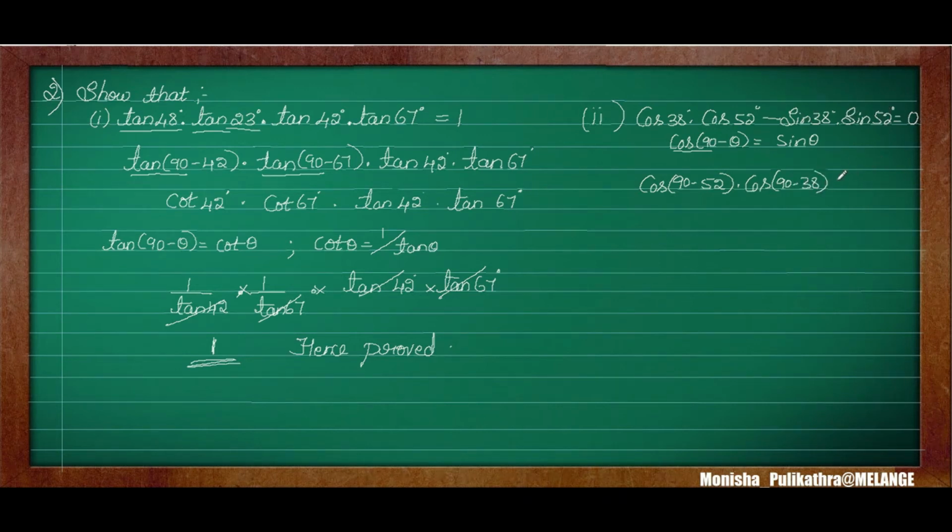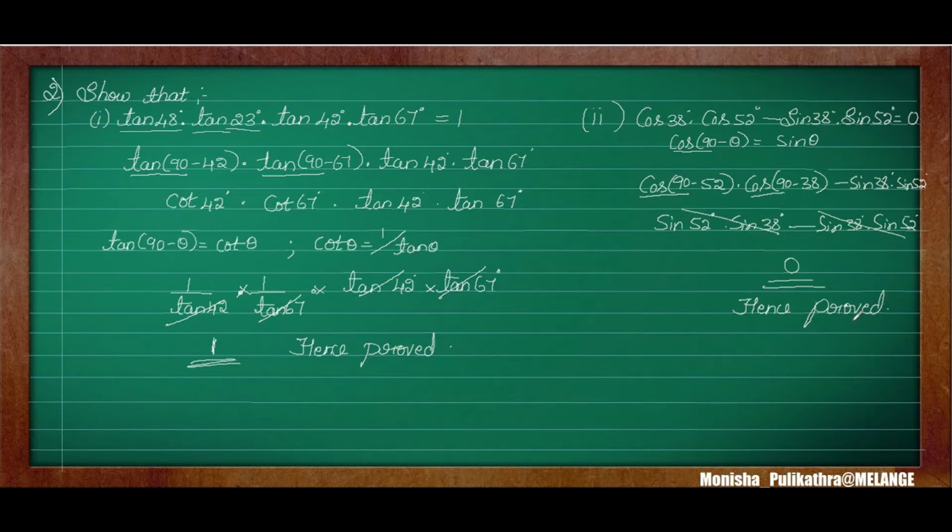Okay, and these things you have to write as it is, sin 38 into sin 52. Next, cos 90 will become sin 52 degree, and the theta value will be retained as it is. Instead of cos 90 we need to write sin 38 degree, minus sin 38 into sin 52. You can see here sin 52 sin 38 is one pair, and sin 38 sin 52. So both will get cancelled, the answer will be 0. That is what we need to prove here. So write it down, hence proved.